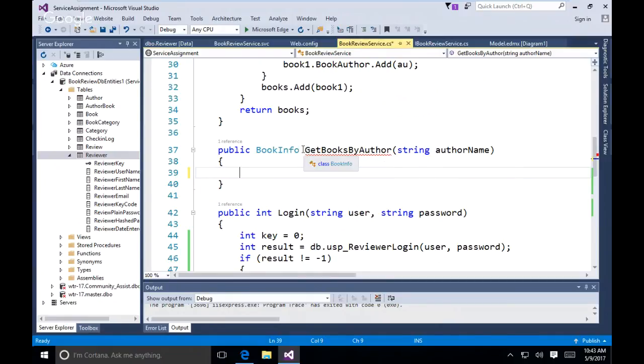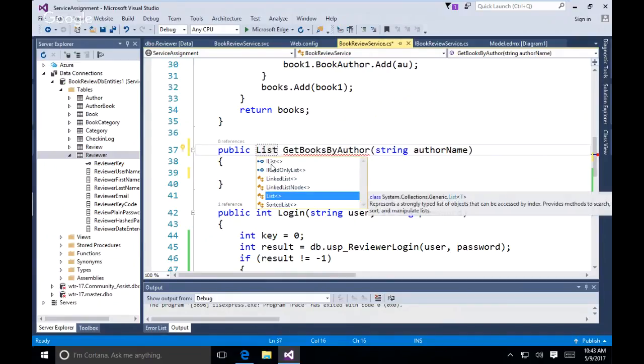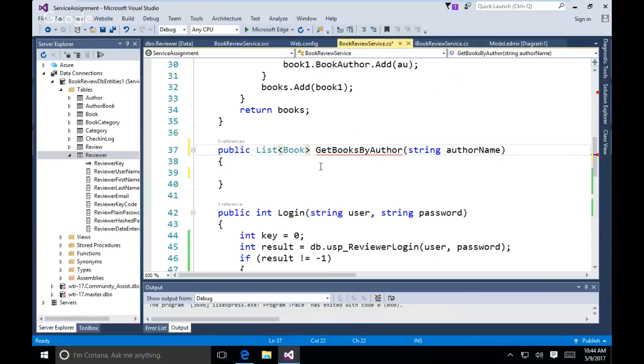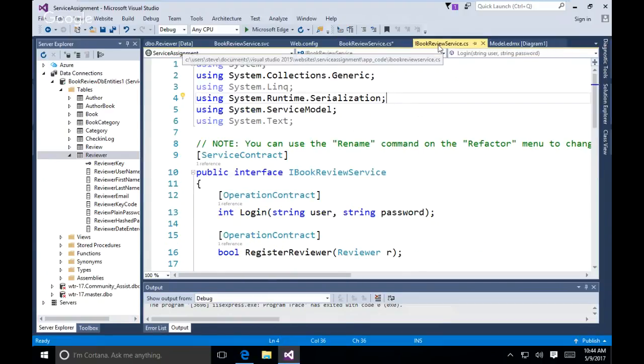I'm going to change this because it could be more than one book. So I'm going to make it a list of book. What do I have to do if I do that? You have to change the name. I have to change the name in the interface. So I need to go back to the interface, the iBook service, and I have to change this from